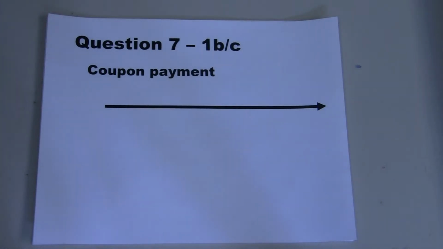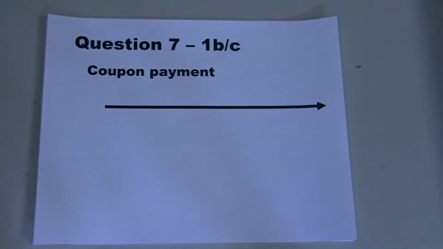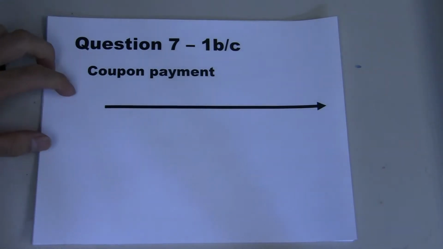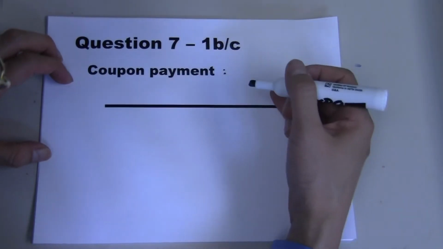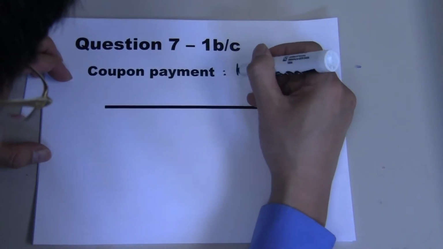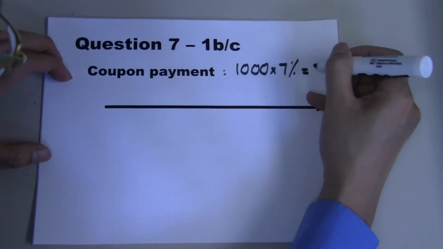Hello everyone. Today we look at question 1 part B and C in chapter 7. This question asks us to value the bond. As you see in the problem, the bond has a par value of 1,000. The coupon rate is 7%. Based on the par value and the coupon rate, you should be able to calculate the coupon payment, which equals the par value multiplied by the coupon rate, equal to